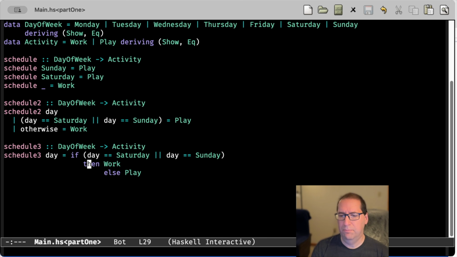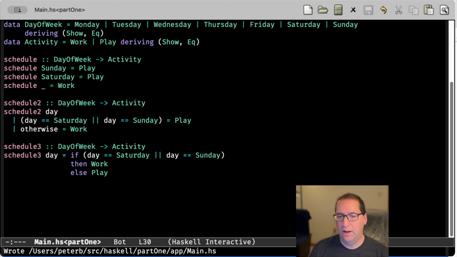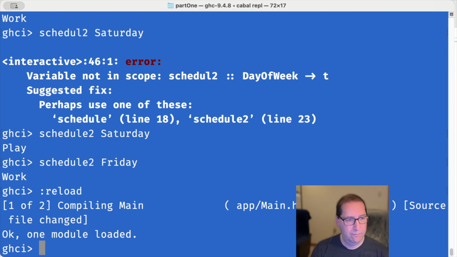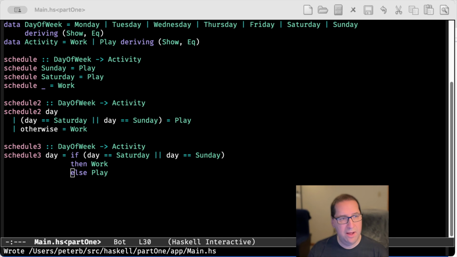Indentation seems funny here. Haskell can be very persnickety about indentation, and I gotta tell you, I've been using it for a while, and I'm still not fully comfortable with when it demands perfect fidelity and when I can put it wherever I want. That's how I want this to look. Let's see if it takes it. Great. And I'm not going to bother to type it in here. Merely reloading the REPL and having it tell me there's no errors